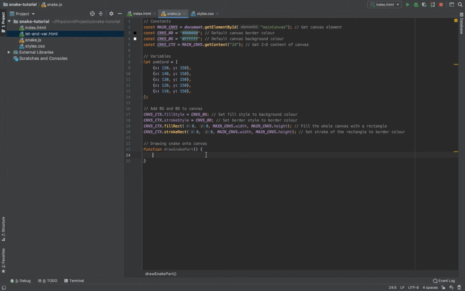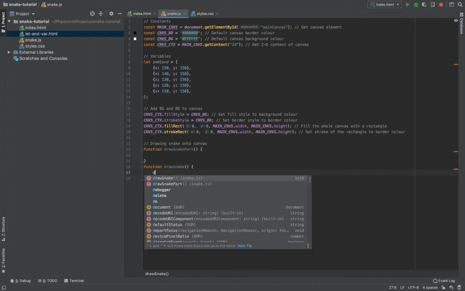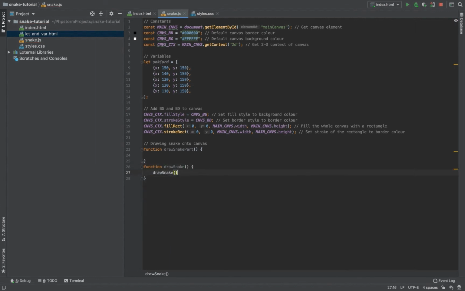So what this means is that it will draw the snake part onto the canvas one by one. So what we need is another function called draw snake that calls this draw snake part when we get each of the coordinates of the snake, from the snake cord variable. So the draw snake part needs an input,